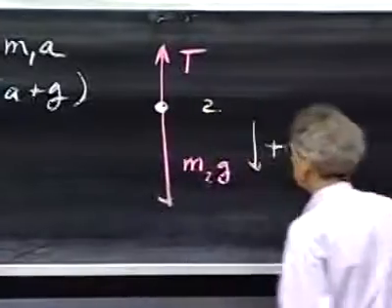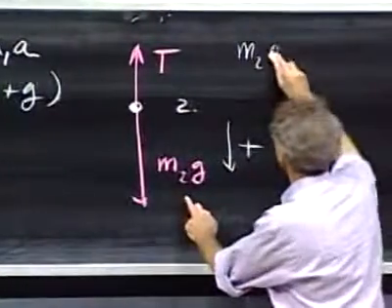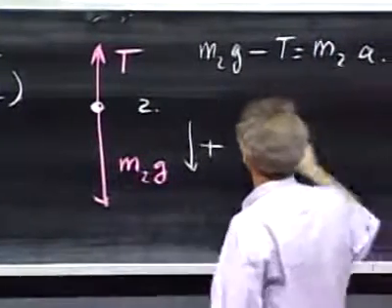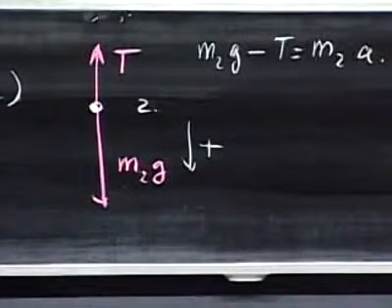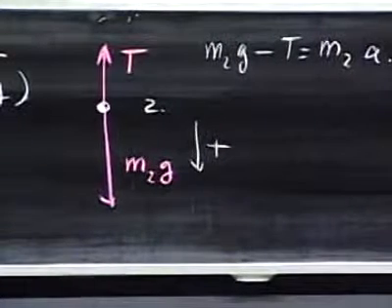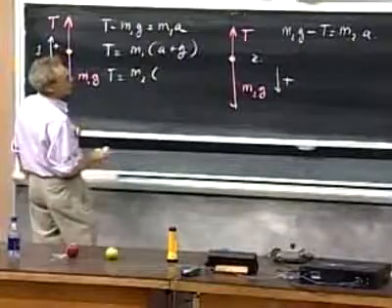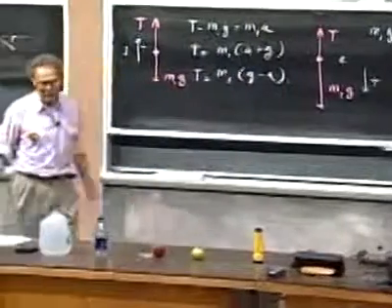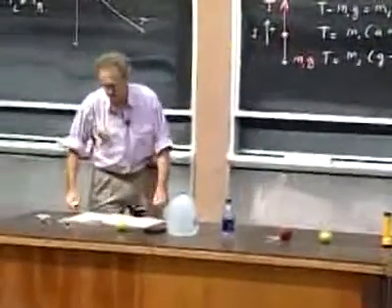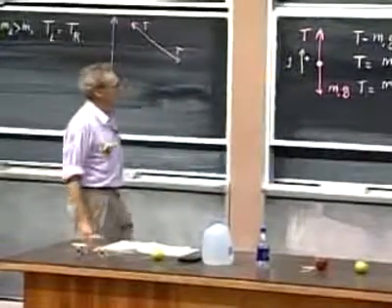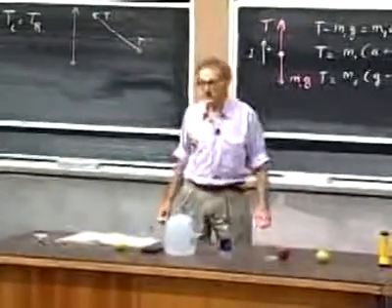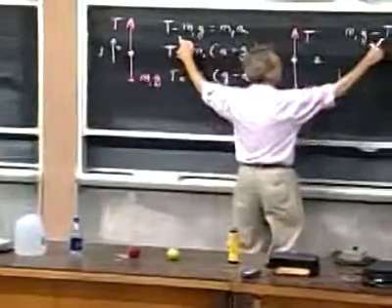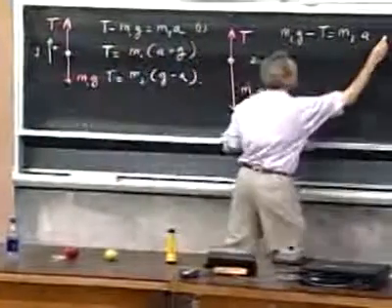So now I apply Newton's law. I get m2g minus T equals m2a. And so I get T, I write it here, equals m2 times (g minus a). Two equations with two unknowns. Well, that shouldn't be so hard to solve these two equations. You can immediately eliminate T, by the way. If you add this one with this one, you're ready. I call this equation 1, and you call this equation 2.